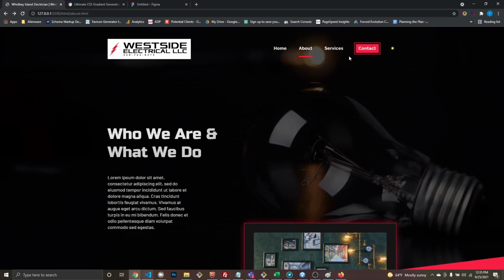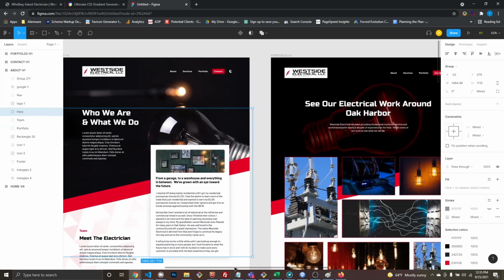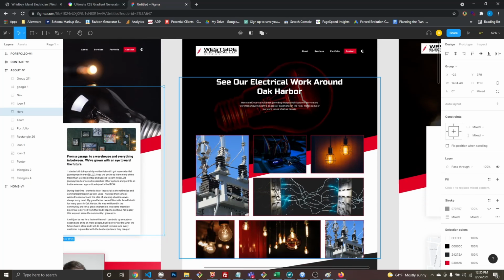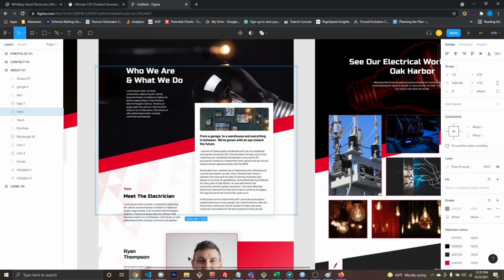page. I'm going to show you how to build it, but for now we're not going to have it because he doesn't want it. But we're going to build it anyway because I'm going to need it anyway. So the next one will be the portfolio page, which honestly should be really fast. It's literally just this, so we're just going to be building a grid. So we're going to copy and paste our about page,